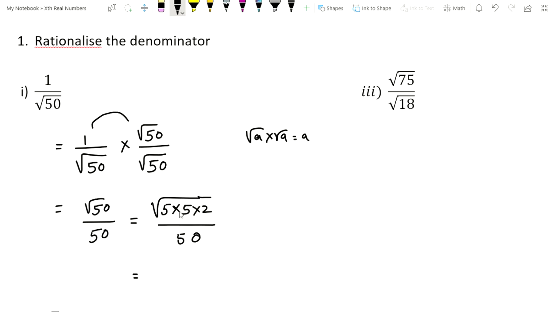Here this is a square root, so out of two numbers, one you take it out. So two 5s are there, so one you take, 5. Remaining root 2 is there. So 5 root 2 divided by 50. Now divide this. 5 ones are 5, 5 tens are 50. So what is the answer, children? Root 2 by 10 is the answer.